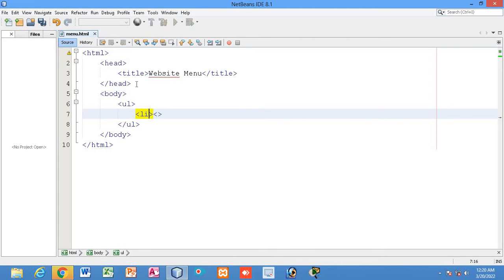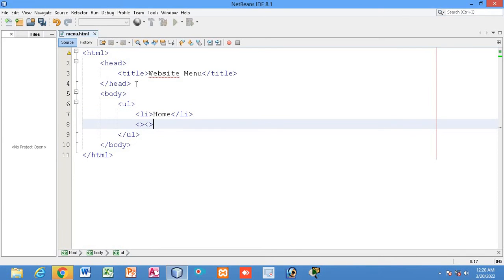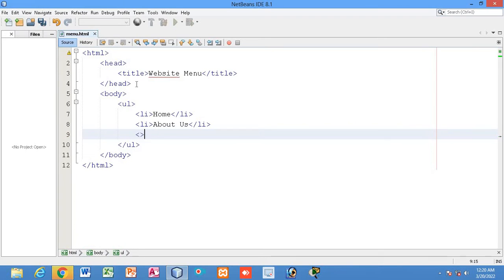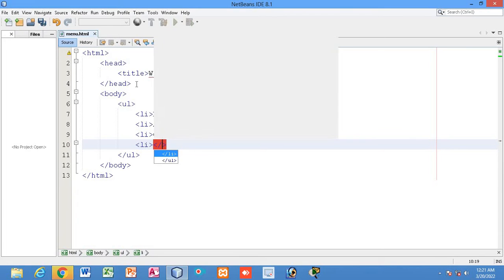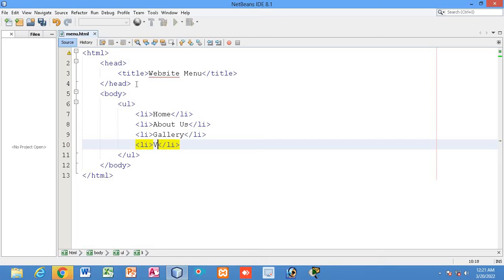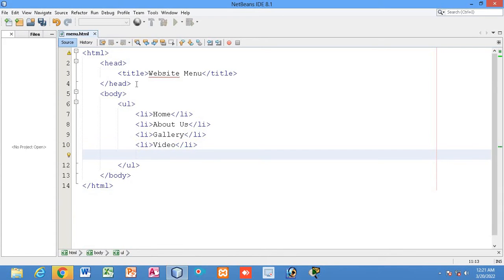As per the requirement, let's say I will create a home menu. So the first menu will be home, and let's say the second menu will be about us, right? And the third menu, let's say, gallery, right? Let us have the fourth menu, and that will be, let's say, video, right? And now I will take another menu, the fifth menu, okay? So let it be contact us,